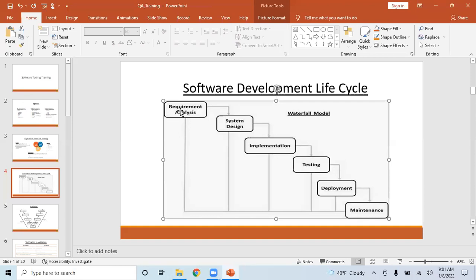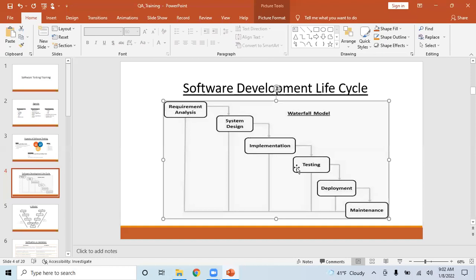So the good practice is to involve testers early in the phase. Testers will be involved at the requirement analysis phase itself, where they're collecting the requirements. In interviews, people will ask, when have you started involving in the SDLC? When is your involvement? If somebody says I will be involved during the testing phase, that's not right. Testers will be involved in all the phases, not just the testing phase. That's a very, very important thing to note.